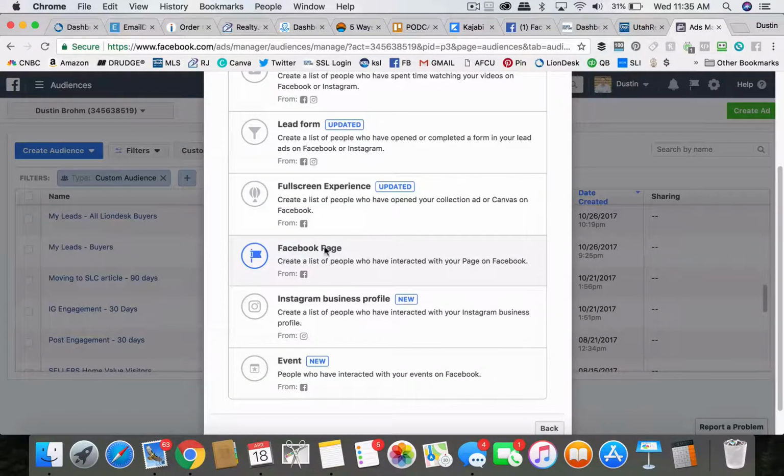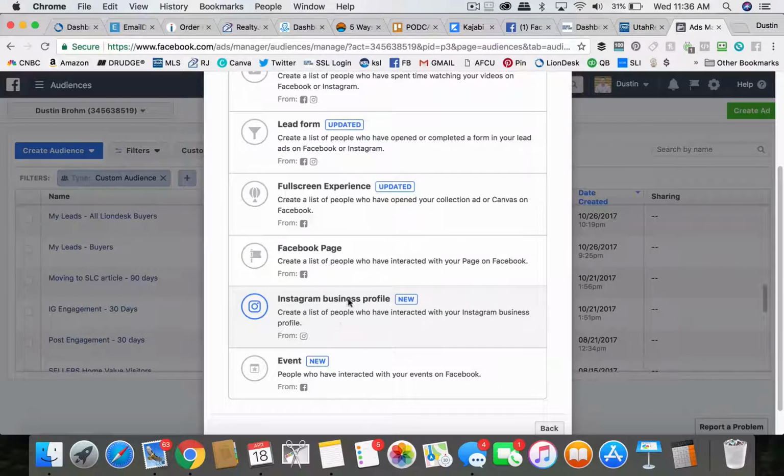You can create a custom audience of people who have interacted with your Facebook business page. So that's people who have reacted, commented, clicked, all of that. You can create a custom audience. Go in there and do these, guys. I would set these up, because once you set it up, it's not retroactive. It's only going to track from now forward. So make sure you go in there and set these up so that later on you can start running some